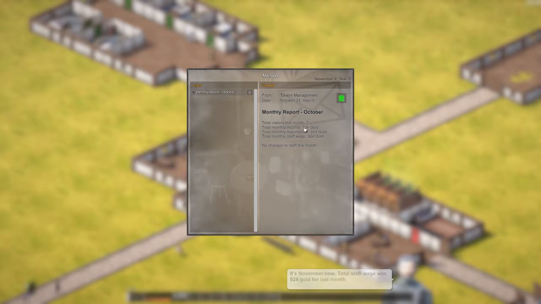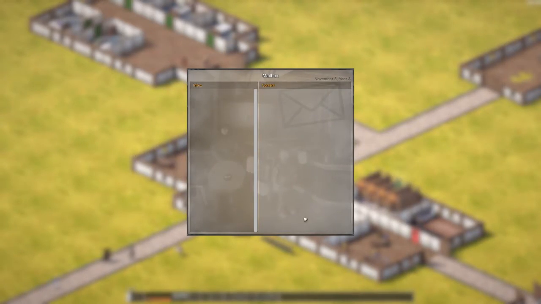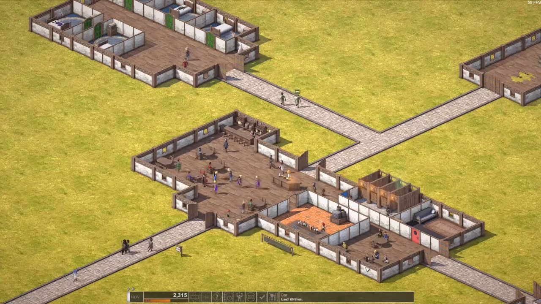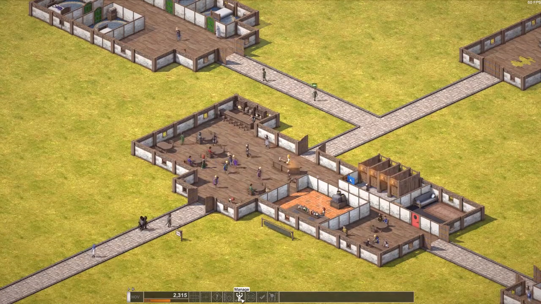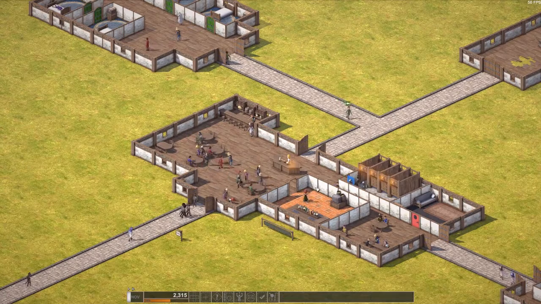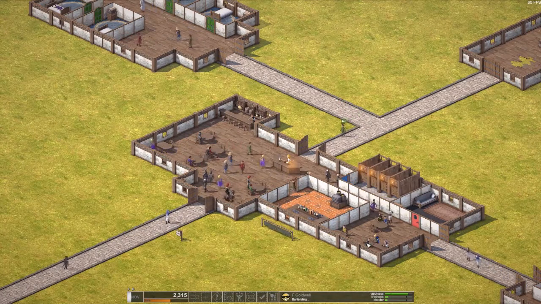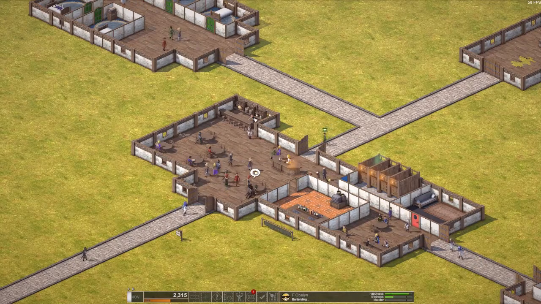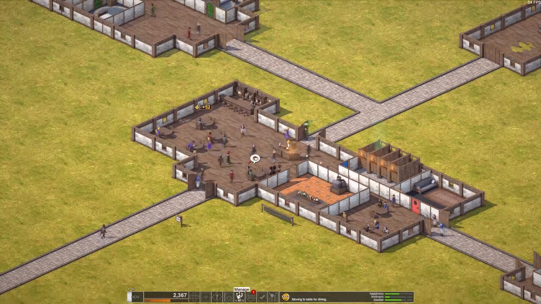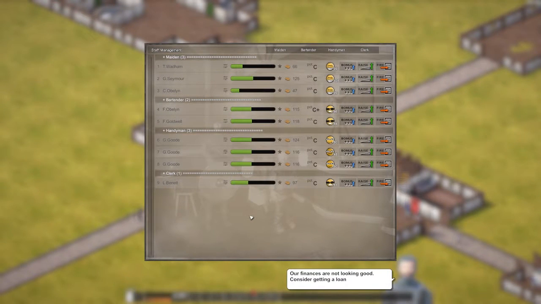So here's our problems. Our monthly income is 734, but our expenditures are 924. So we're going to have to deal with our staff issues, which is a little bit different. Let's take this reputation look real quick. They're happy. So I think what I'm going to do is, these guys are happy, but I think it's time that we